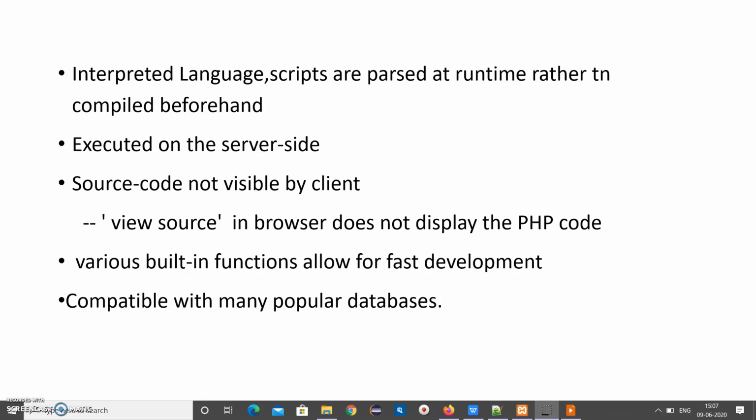Next, one of the important points we need to know is this. Normally, to see the code of any website, we go to settings or select view source, and we see the code. But here the main point is that the browser does not allow the PHP code to be displayed. Even by clicking view source, you can see the HTML content, but whatever PHP related code is there is not visible to the client. That increases the security.